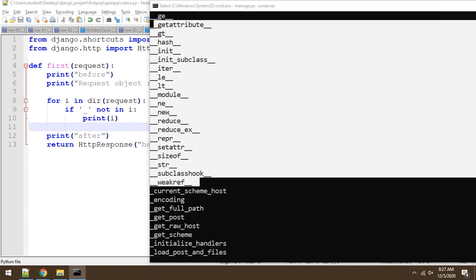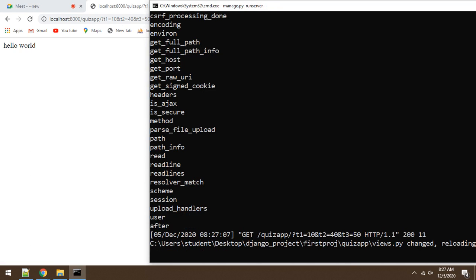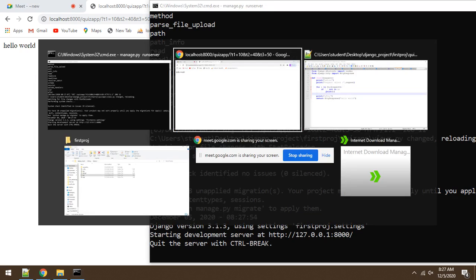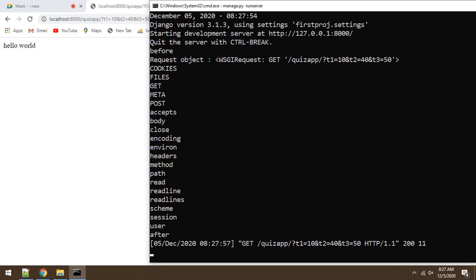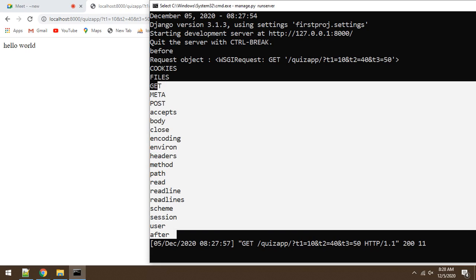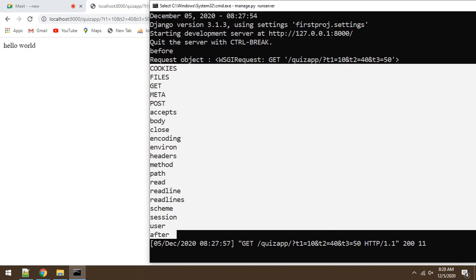So now let me refresh the, okay, 1 minute. Now let me refresh the, okay, server is refreshed. So now let me refresh our request. Okay, so now let me just check the request. Okay, now these are nothing but in function. Okay, तो इतनी सारी, we cannot say it's a function only. इसके अंदर कोई फंक्शन की जगह क्लास भी हो सकता है। ओके, इसके अंदर कुछ क्लास भी हो सकते हैं। So this much of things we have जो रिक्वेस्ट के अंदर है।